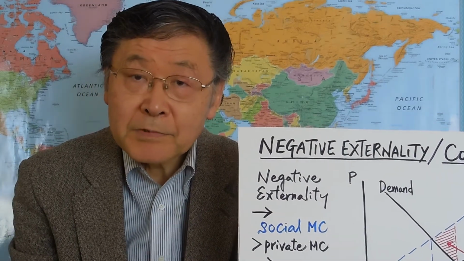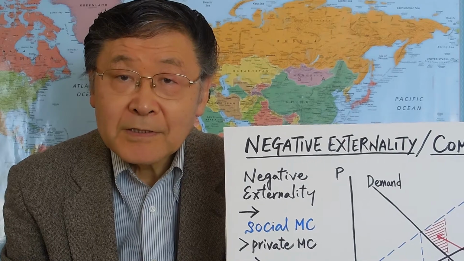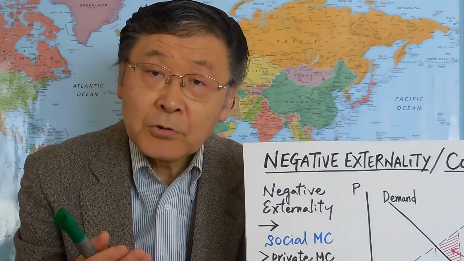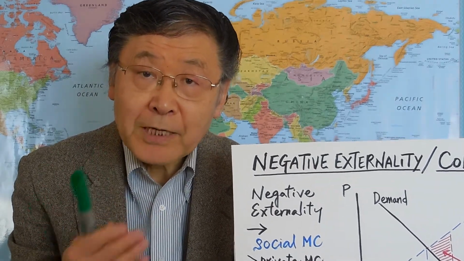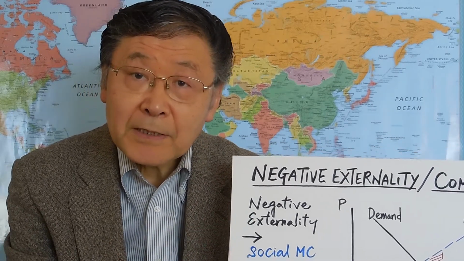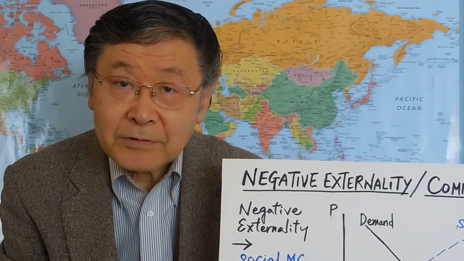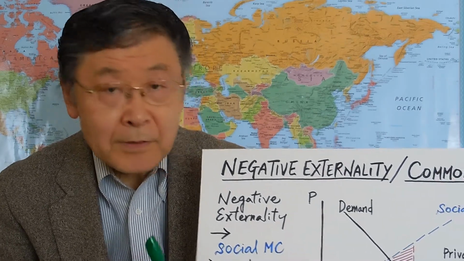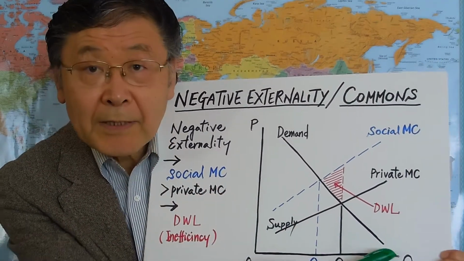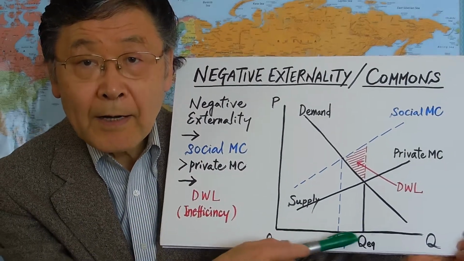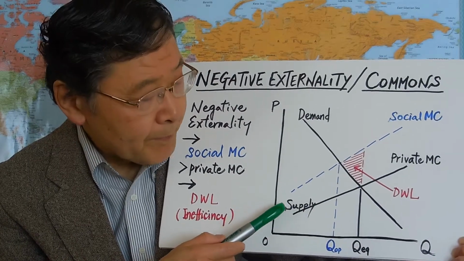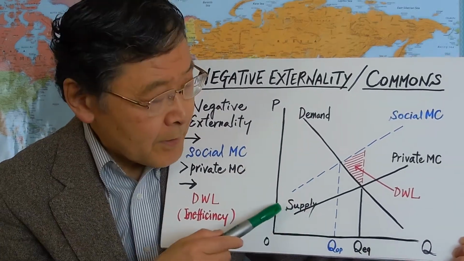Environmental problems can be viewed as negative externalities caused by economic activities, such as air pollution or noise produced by production activities. However, these negative externalities are not taken into account in the market. So here's the demand-supply analysis for a production activity producing the environmental problem. Here is the demand curve, here is the supply curve,